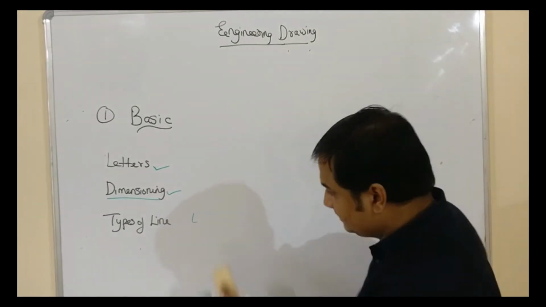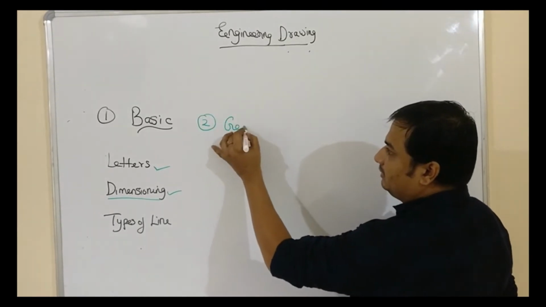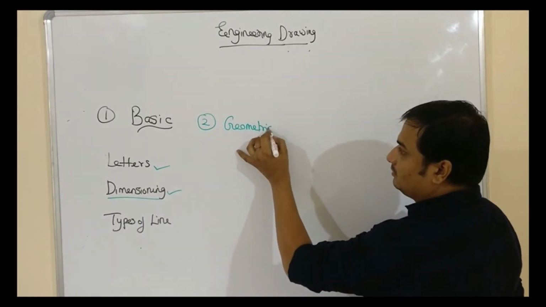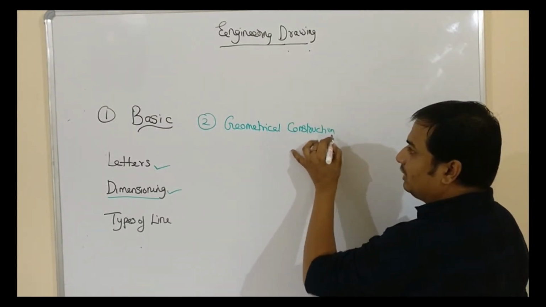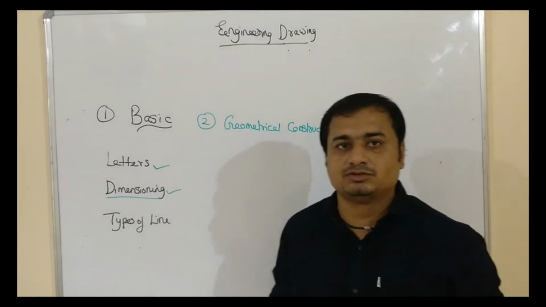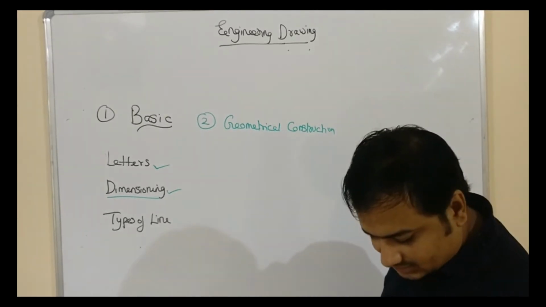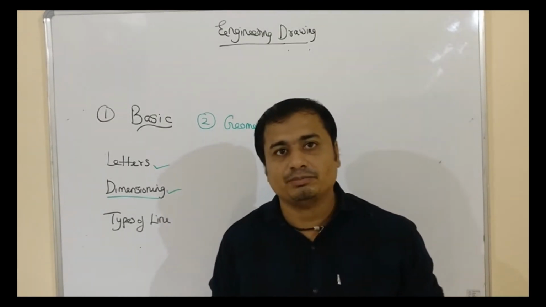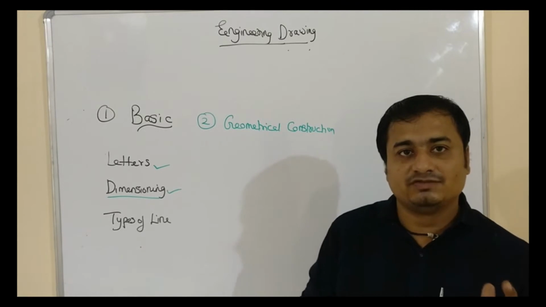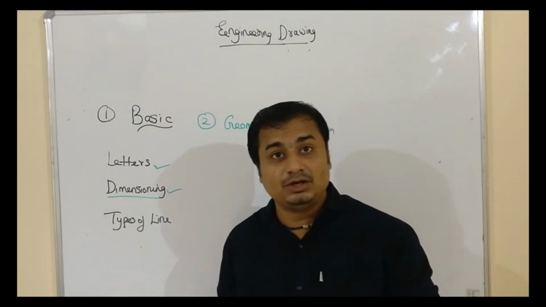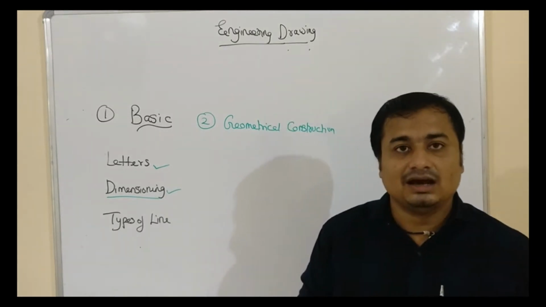The second component was named geometrical construction. I am just giving the overview of the syllabus of drawing in short. Now, geometrical construction means if we talk about any component in the universe, all the components in the universe are composed of some primitives. Primitives can be 2D or 3D. Primitives means it can be line, circle, arc, polygon.